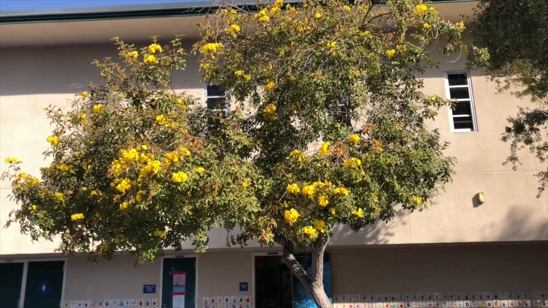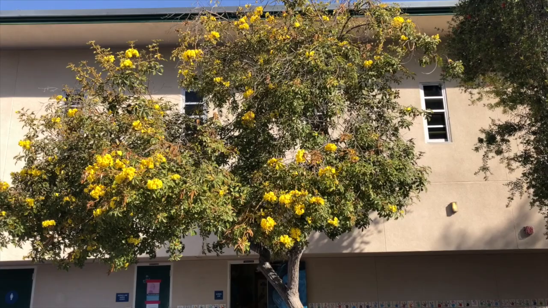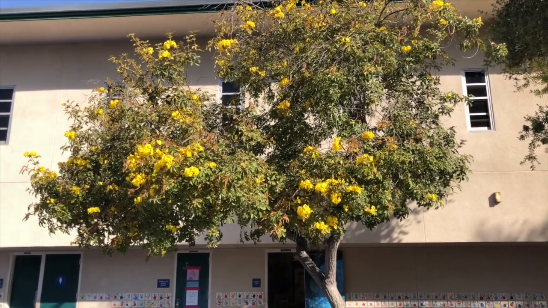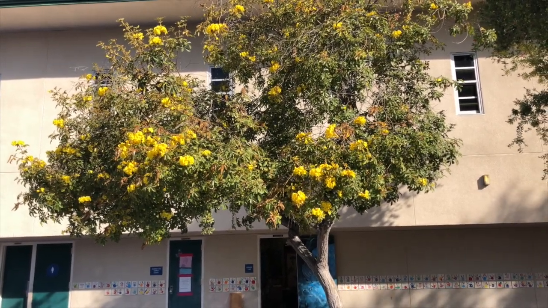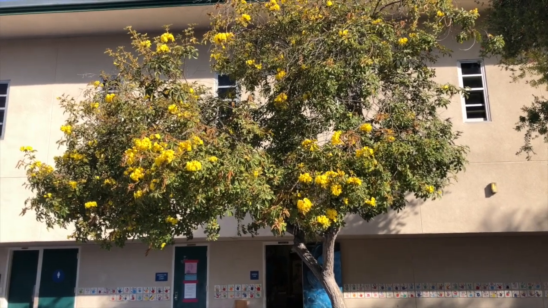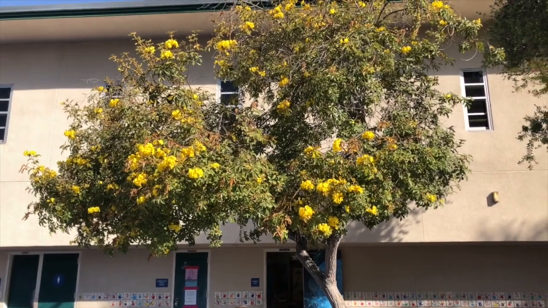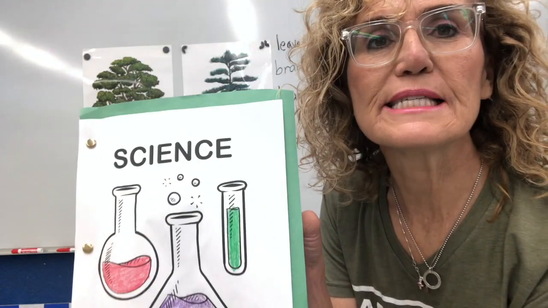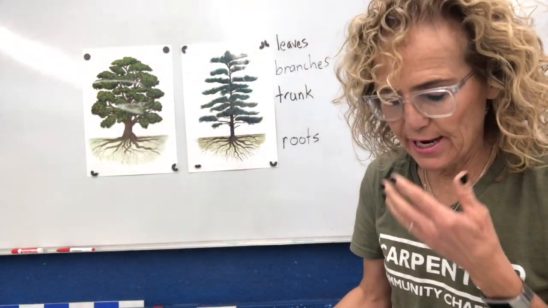And so a time where plants get more water is in the winter, in the fall and the winter. And so those trees will bloom and really look beautiful. And this is an example of a tree that blooms in the fall and then will go to sleep for the winter. So can you please get your science notebooks,